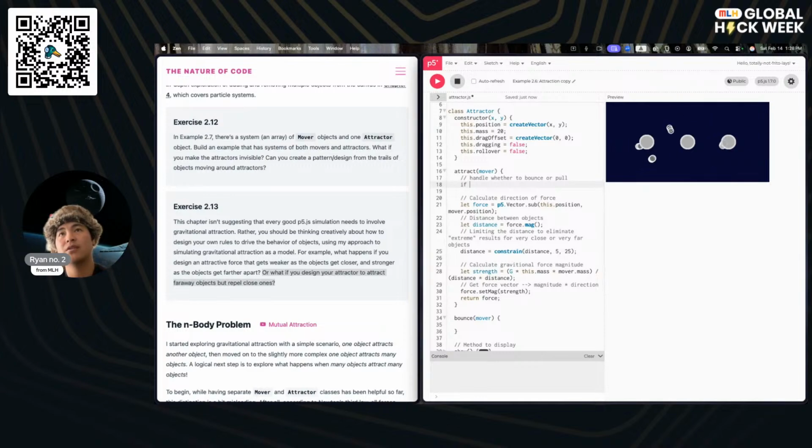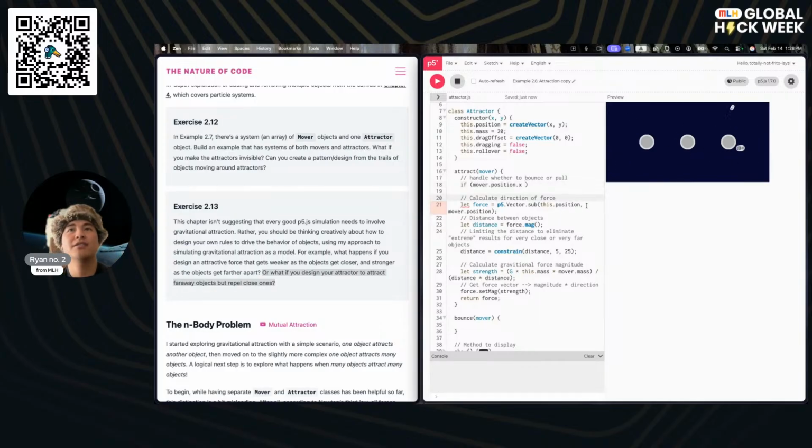Okay, so then if mover dot position dot x is, let's see, how do we check to see the distance? Well, the distance is right here. Maybe we want to have the distance be a little bit closer. Maybe we'll want this logic actually to be after this. That way we can take advantage of the magnitude.